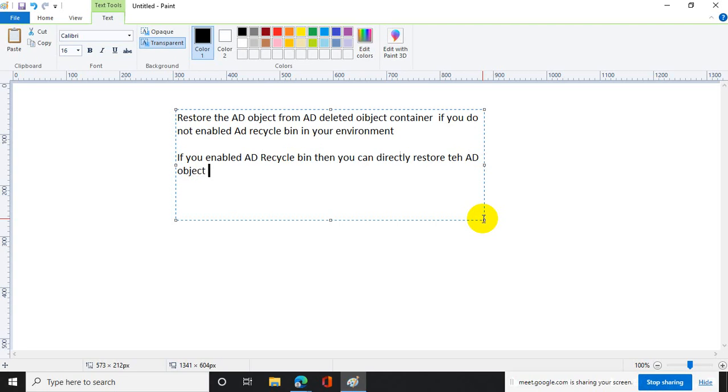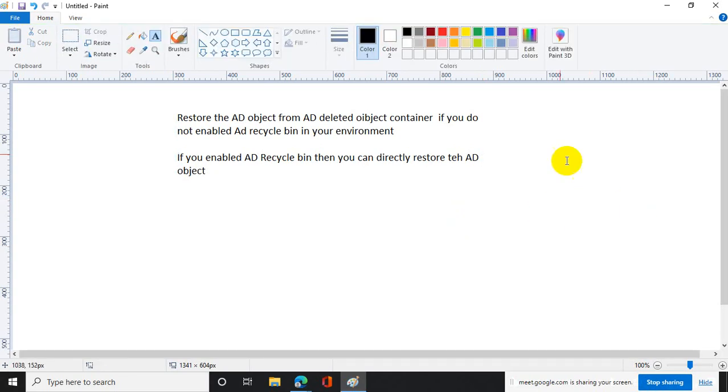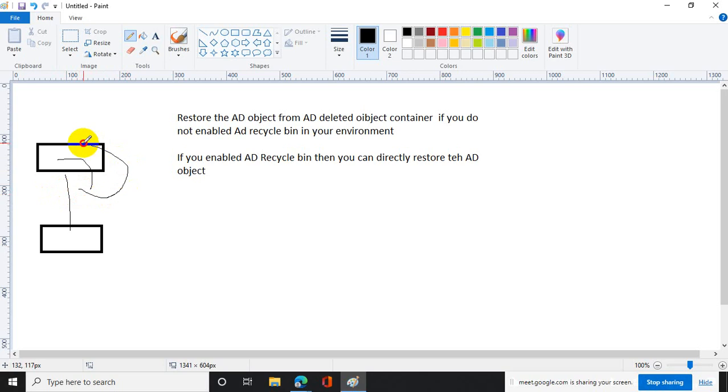So now we will create two environment domain controllers, or one single domain controller is fair enough, and one domain joined machine. Now from there I will delete one user. After deleting the user, how will you restore this user in AD if AD recycle bin is not configured in your environment?